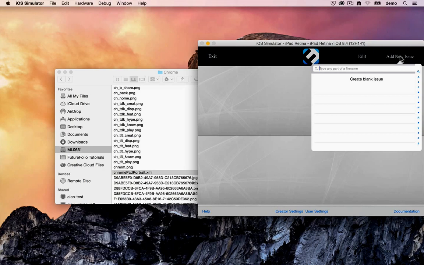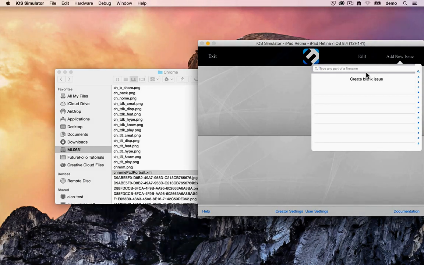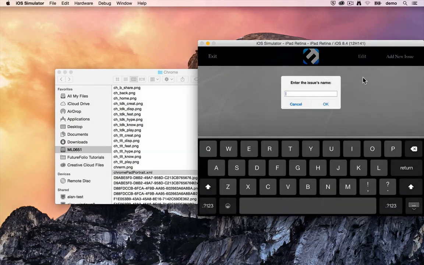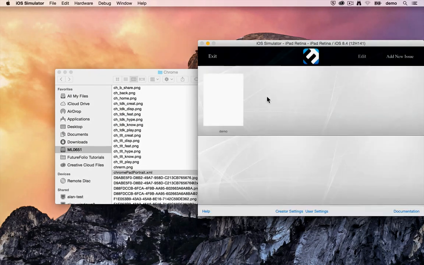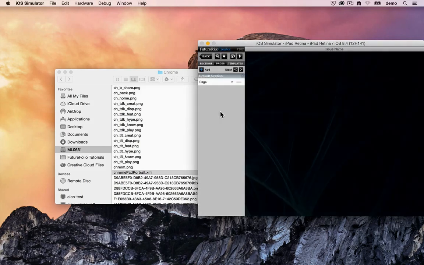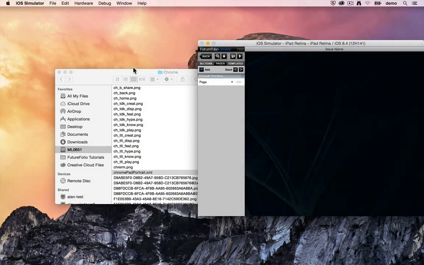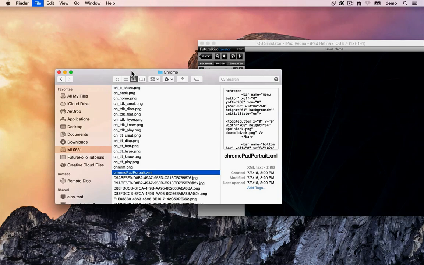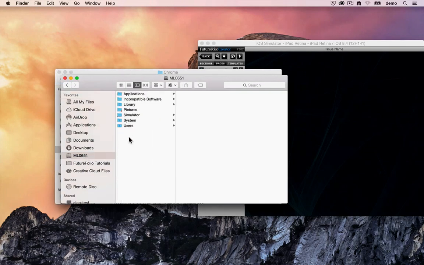We're not actually going to create an issue, but we're just going to create a dummy one so that we can modify our Chrome within that. So let's create a blank issue. Doesn't matter what we call it. Let's call it demo. Here it is. We'll go into there. And what this has done, if we go back here, we go back to our simulator